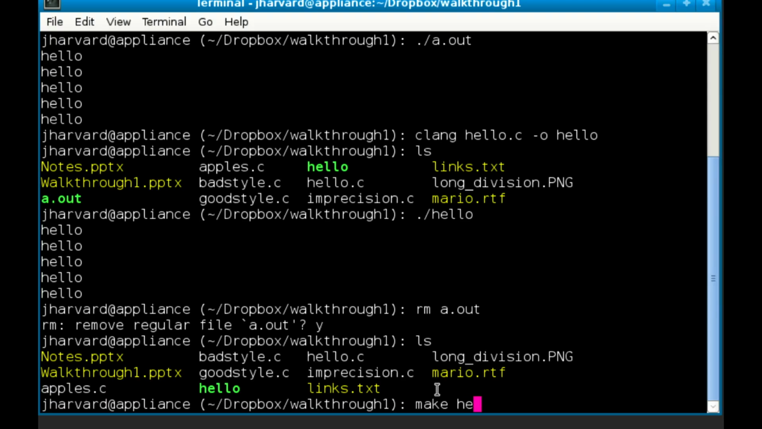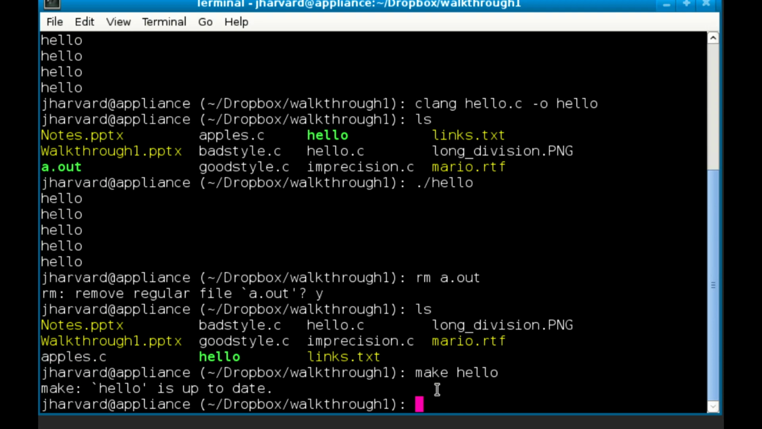All right, but sometimes it gets confusing to remember all the flags that we need to include and type out clang, and as we see when we're using more complex programs, we'll be including different libraries, and so our commands to clang will get longer and longer. So included in the CS50 appliance is the make command. So you simply type make hello, oops,